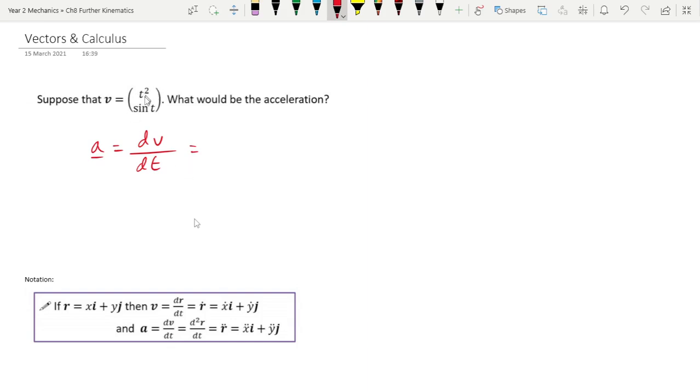So t squared, when I differentiate that with respect to t, I get 2t. And when I differentiate sine t, I get cos t. And that would be my acceleration. Okay, nothing more complicated than that. If we are integrating it, one thing to bear in mind is, maybe if we do the same one. So if we're integrating t squared, sine t as a vector like this,